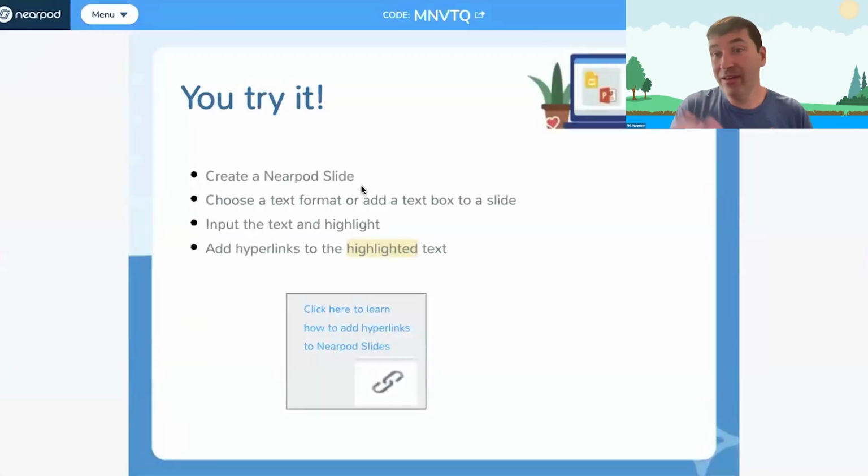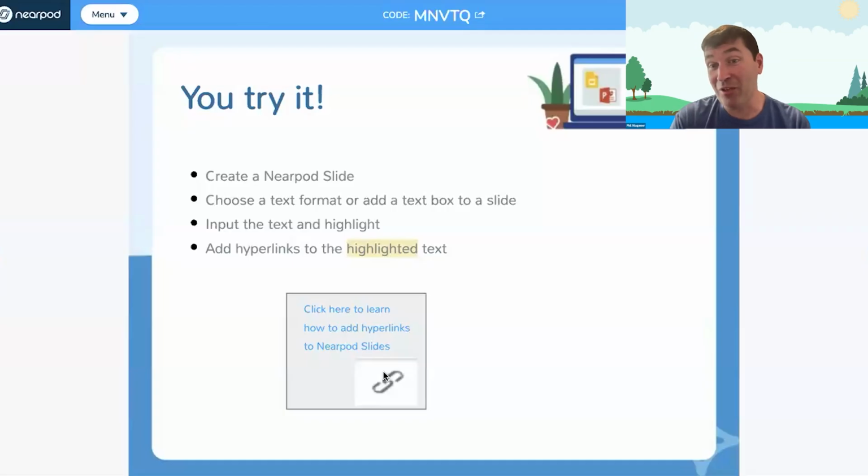As I return back to the main presentation, I wanted to give you an opportunity to try. Let's go ahead and practice. Remember, let's make our way to creating a brand new slide in Nearpod. Use a text box that's already available to us, or you can create a brand new text box. Don't forget to highlight that text and click the 3 horizontal dots, ultimately selecting the hyperlink to insert that student paste link. Remember that should you have any questions whatsoever, please feel free to post them in the Q&A chat field. However, let me give you about 2 minutes to break off and practice this particular skill